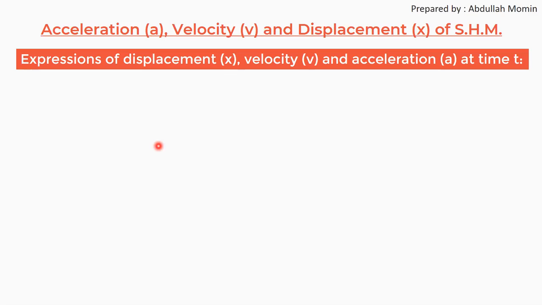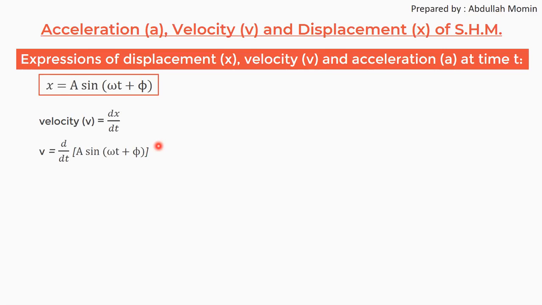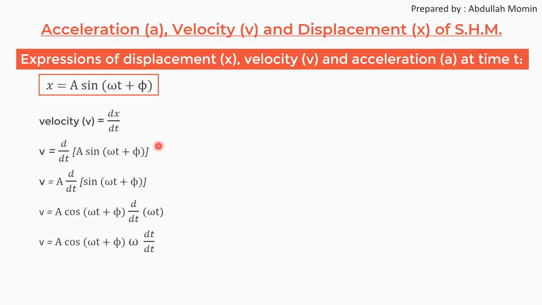Now expression for displacement, velocity and acceleration at time t. We know that displacement is a sin(omega t plus phi) and velocity is rate of change of displacement. तो x के इक्वेशन का हम डेरिवेटिव कर देते हैं, a sin(ओमेगा t प्लस फाई) का डेरिवेटिव, a कॉमन निकल जाएगा, हमको डेरिवेटिव करना है sin(ओमेगा t प्लस फाई) का, और उसका डेरिवेटिव होता है cos(ओमेगा t प्लस फाई), और डेरिवेटिव होगा ओमेगा t का, और ओमेगा t का डेरिवेटिव मिलेगा आपको ओमेगा, तो आप ओमेगा कॉमन ले लोगे और आप लिखोगे a ओमेगा cos(ओमेगा t प्लस फाई)।